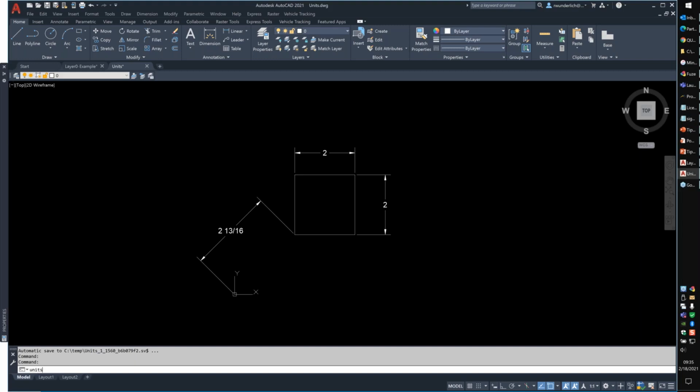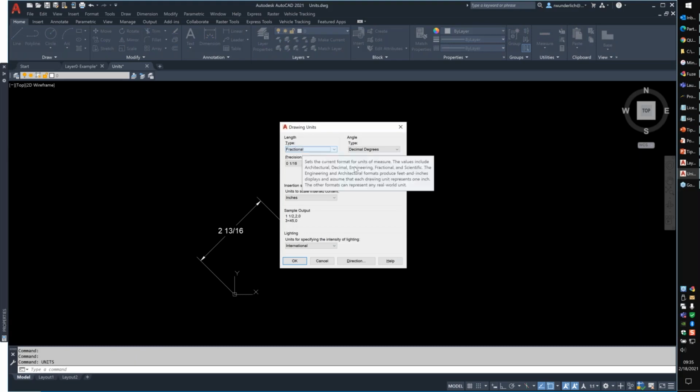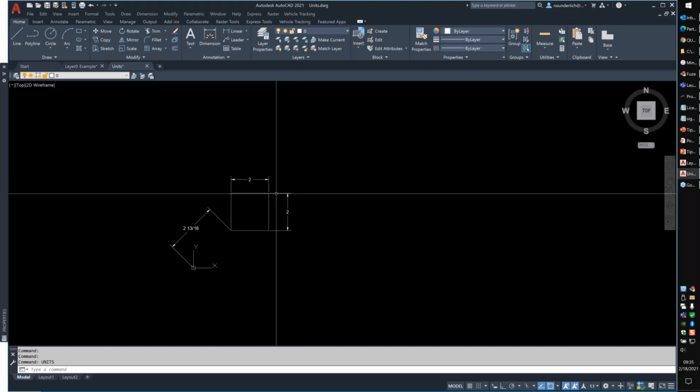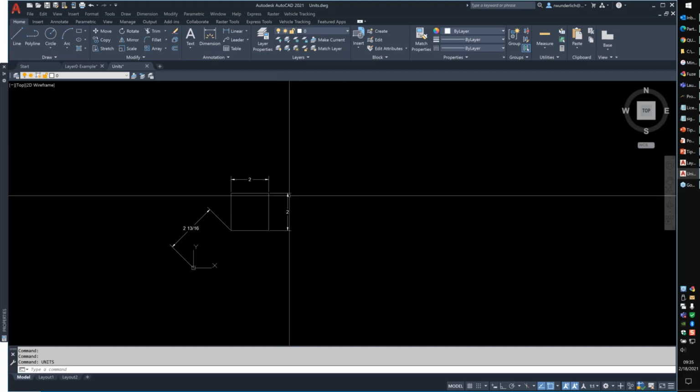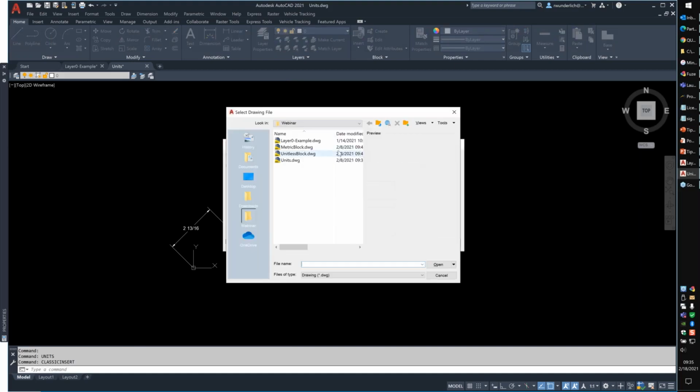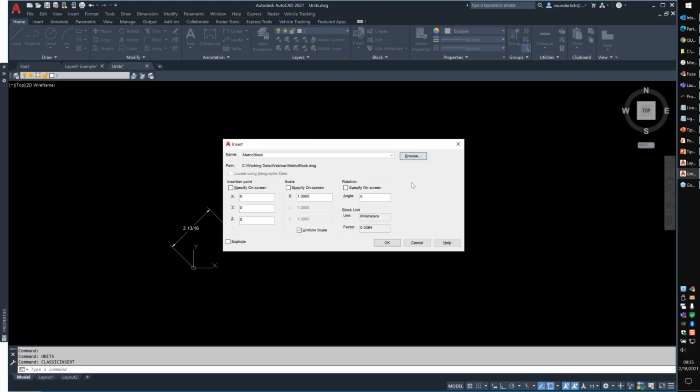So if I look at my units here, we're in fractional units. Our precision is set to a 16th, and we're inserting anything as inches, and here's our standard decimal degrees. So if I have a metric block, for example, I will use the classic insert because I can show you this much better. This block right here is drawn in millimeters. And when I click open here, you're going to see it automatically knows that this is in millimeters and automatically applies the scale factor here. So when I insert this,